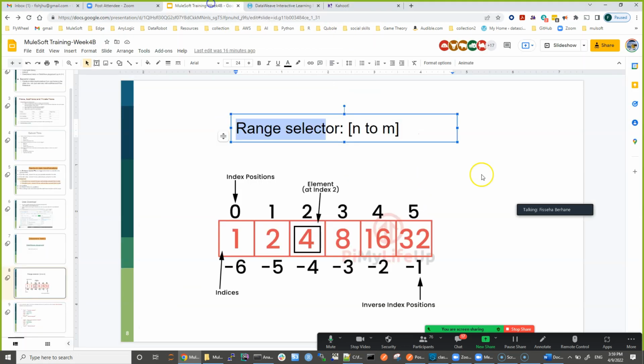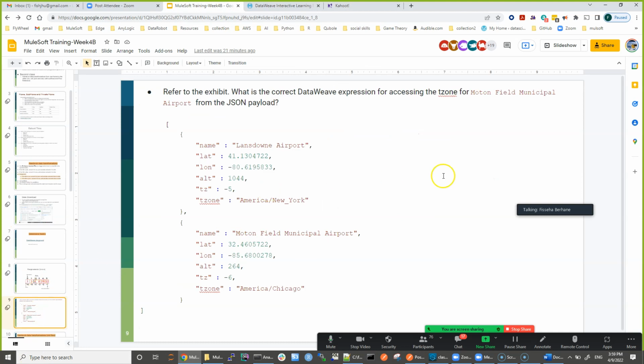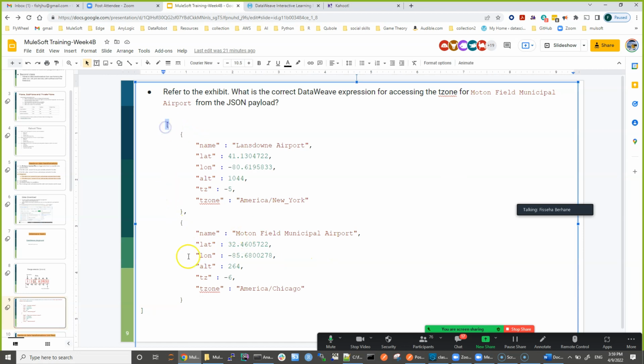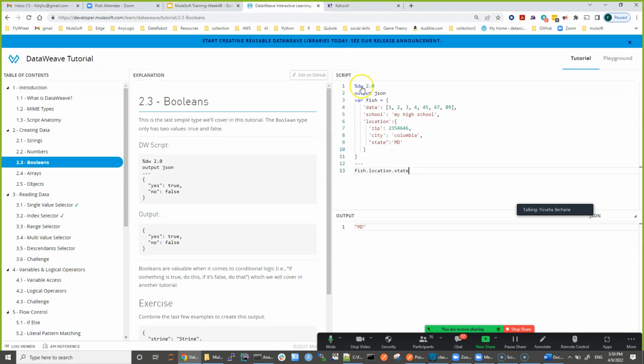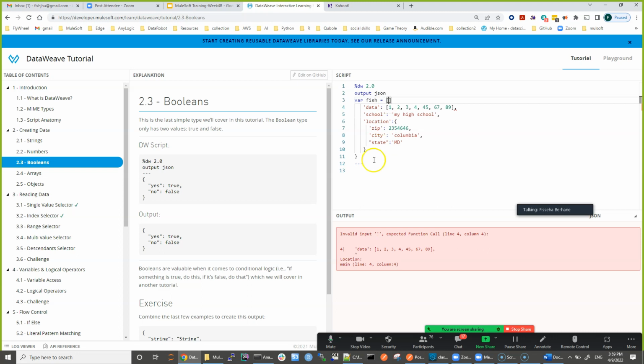So, okay, I have a question here, for example. This one says refer to the exhibit. What is the correct DataWeave expression for accessing the time zone of this airport? Which one is it? The second one. So as you can see, this is an array. Oh, by the way, another function that we use with arrays is size of. It gives you the size of the array. So here, for example, let me change this to an array,